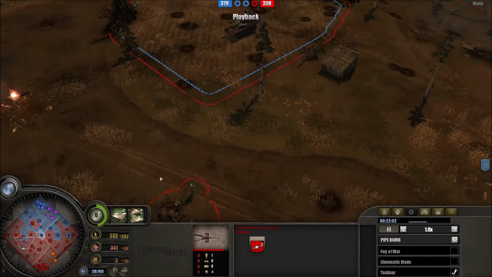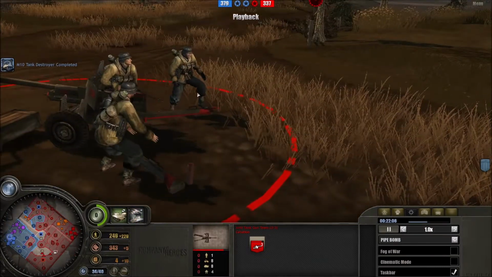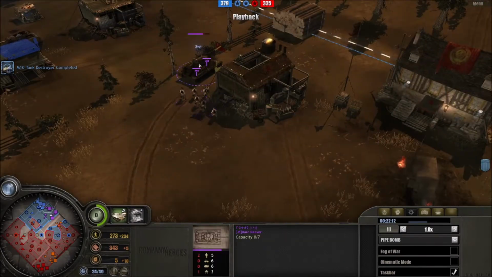So, oh, we got a captured anti-tank gun. That complicates things a little bit. For the Allies, though, it's unfortunate. There we go. First M10 coming out. Looks like a second one coming out. So he's going to have to heal up both these